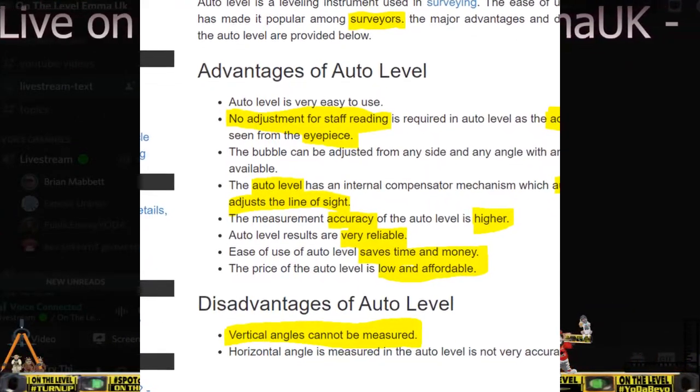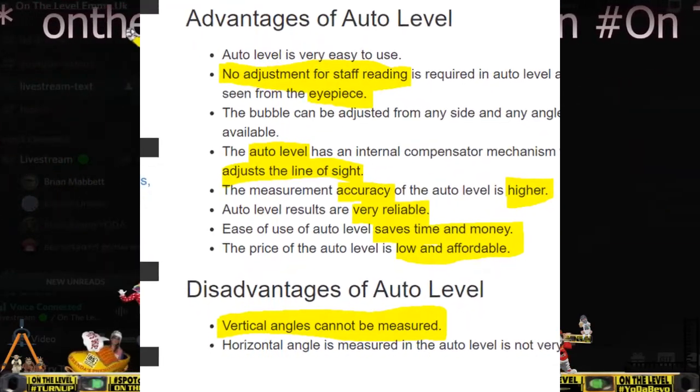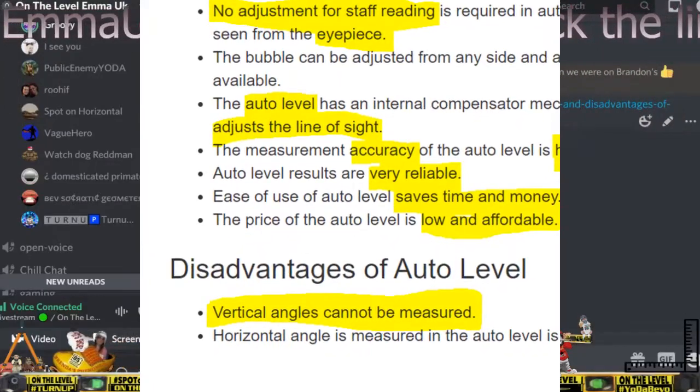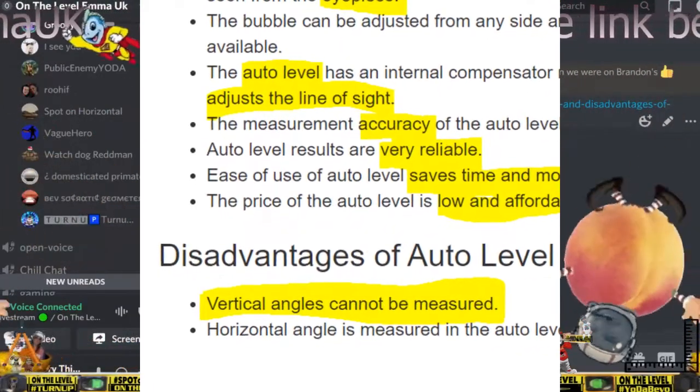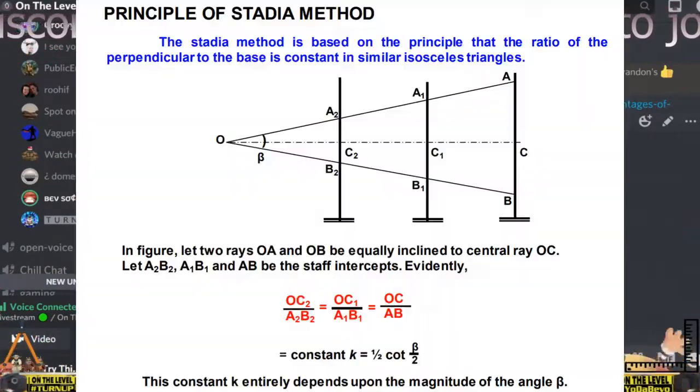According to engineer supply, an auto level cannot measure vertical angles and has limited accuracy in measuring horizontal angles. That is how they work, Bev. They work because of the relationship between similar triangles. Yes, the relationship is...